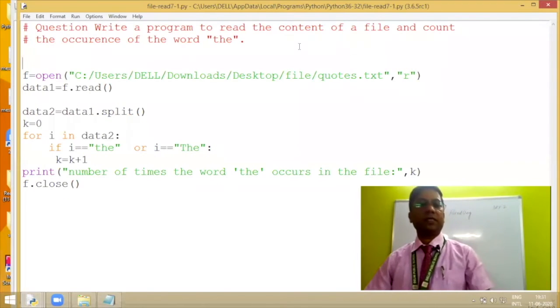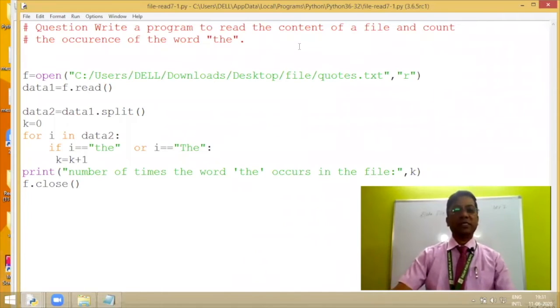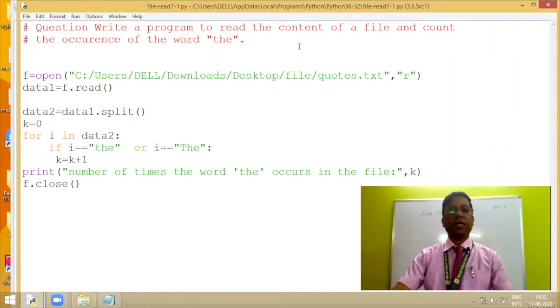Now let us take the question. This is a similar question: write a program to read the content of a file and count the occurrence of the word "the". The word can be in any form here. I've opened a file codes.txt in read mode and I'm reading the file using the read method.